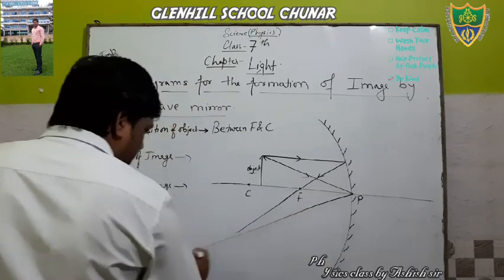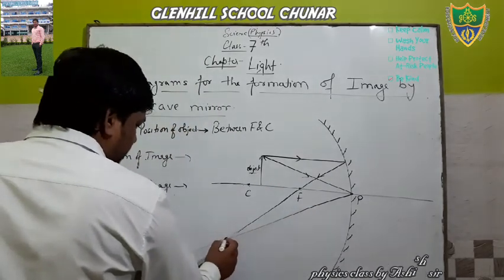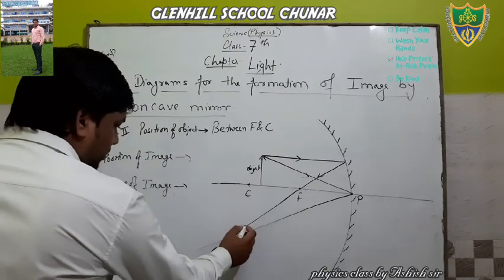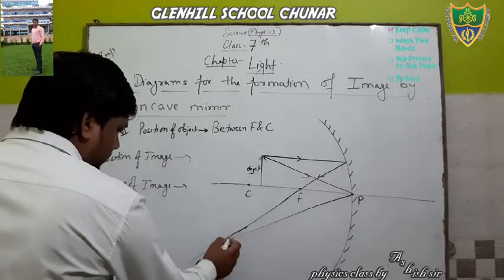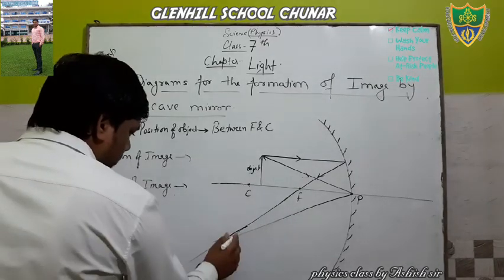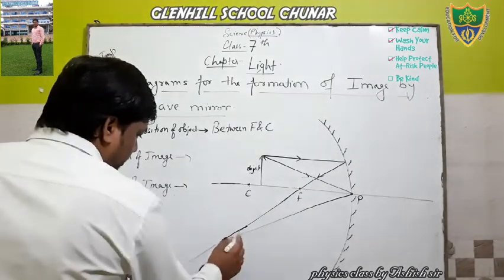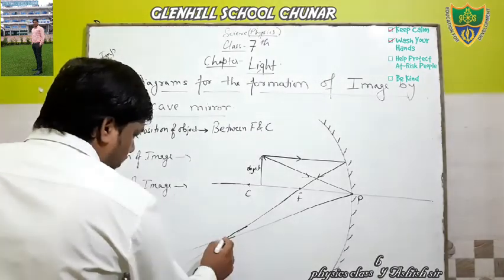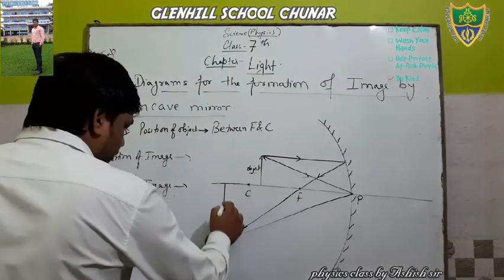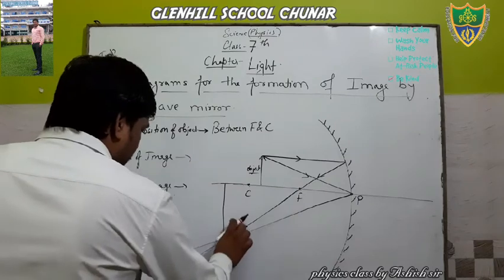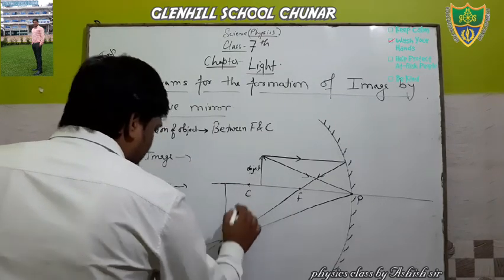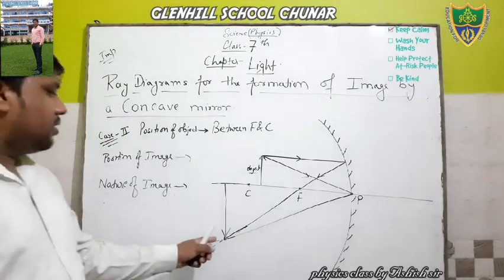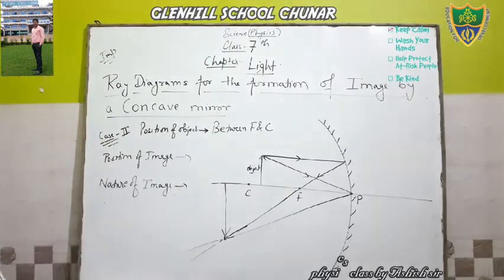It goes like this. At this place both light meets. See here, at this place both light meets. So here we have drawn what? Here the image is formed, but